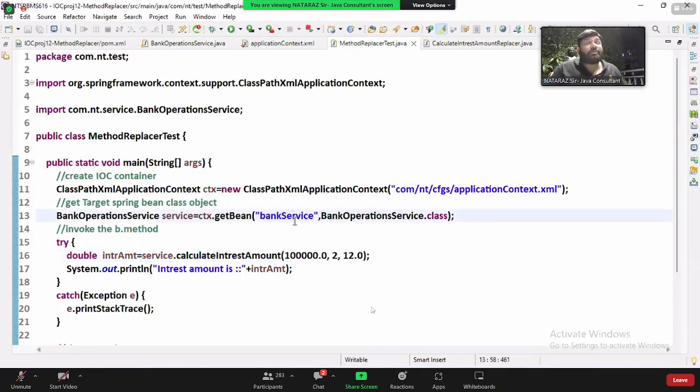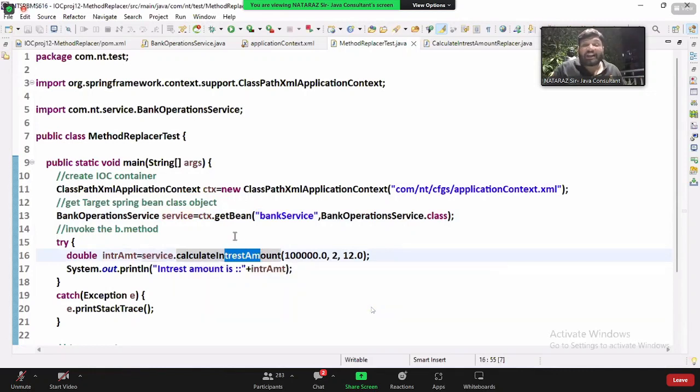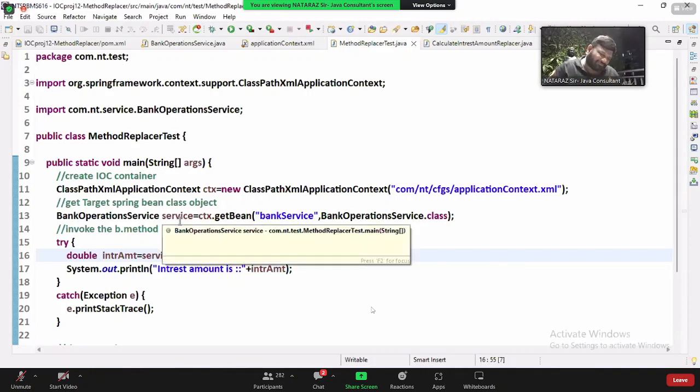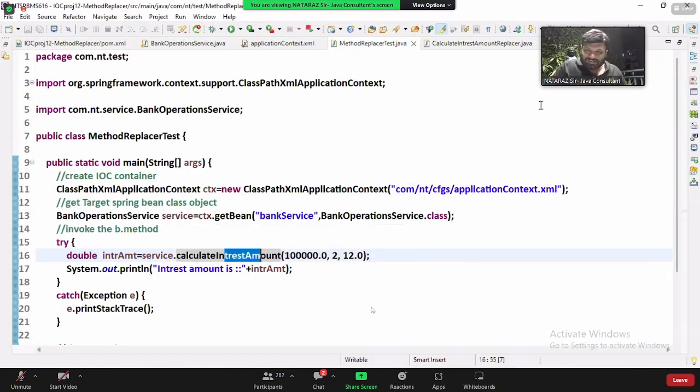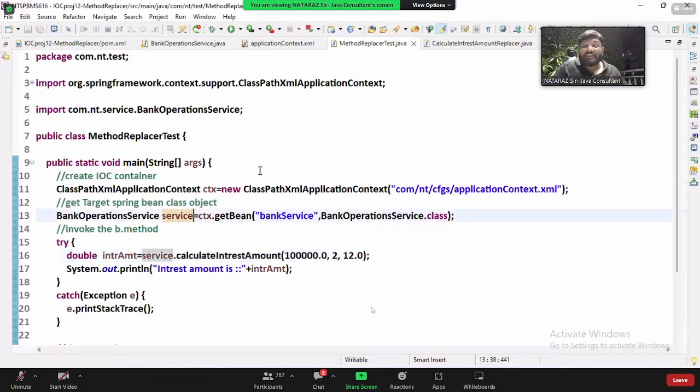It's recommended to take a separate replacer class for every business method: 10 business methods, 10 replacer classes. Actually, instead of the original method, the re-implement method logic will be invoked. That logic is there in the proxy class. Understanding my statement? So by seeing the replaced-method tag, though you passed the target Spring bean ID,